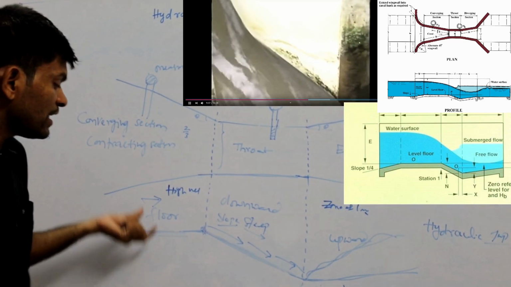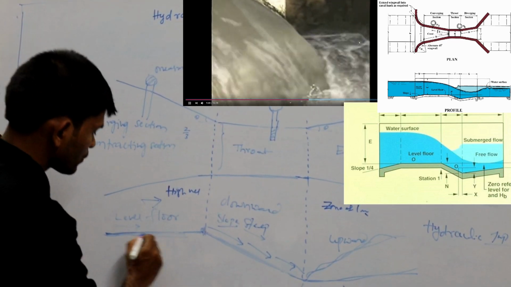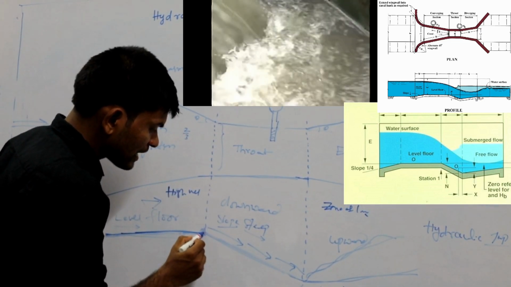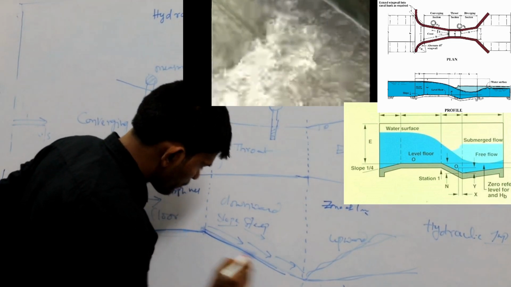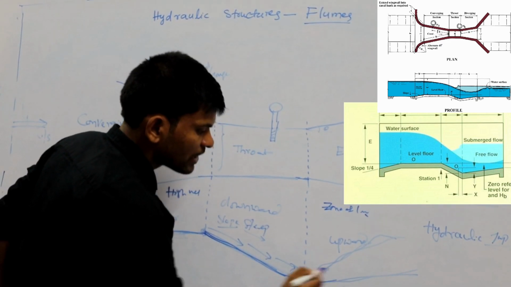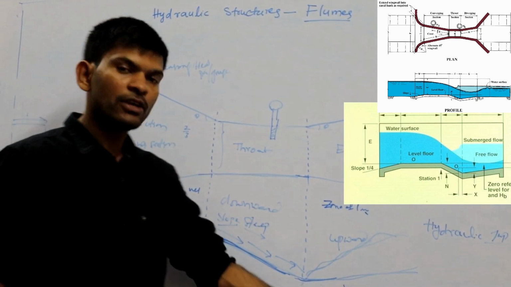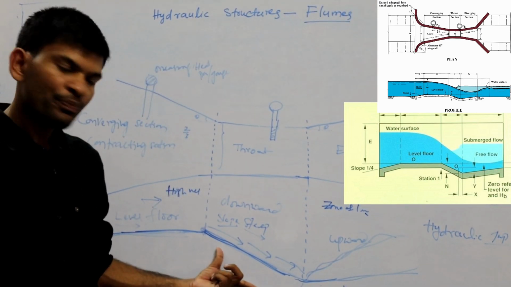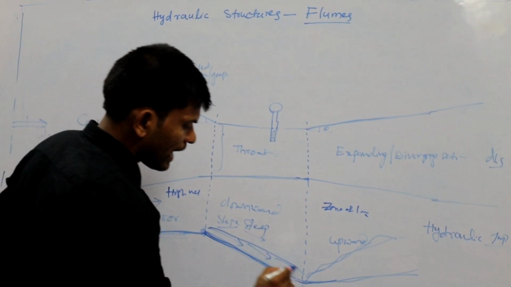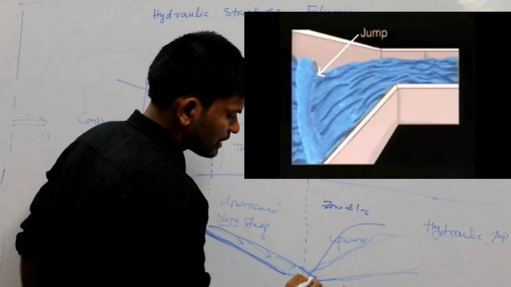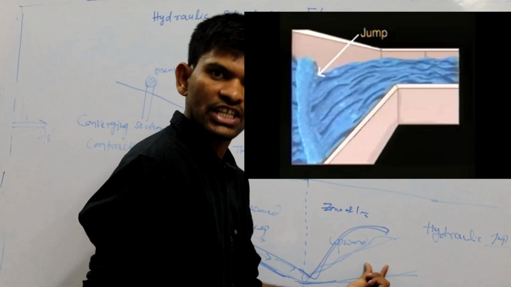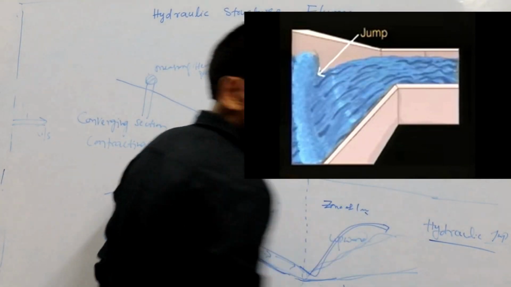Okay, this is a level slope, and when the slope changes suddenly from steep slope to mild slope, this is a very steep slope and this is a little mild slope. That's why the flow of water coming creates a jump in the upward and downward section. It is simply called a hydraulic jump.